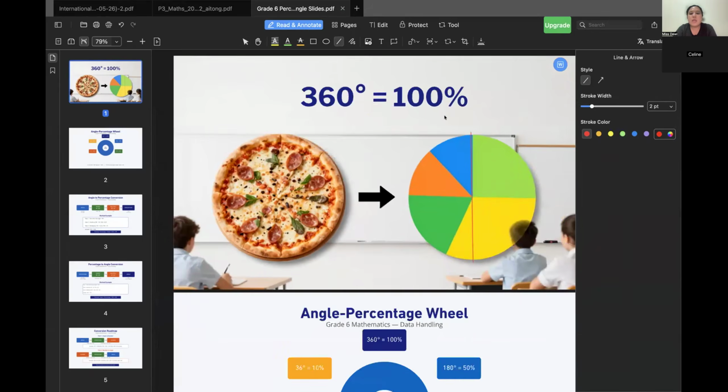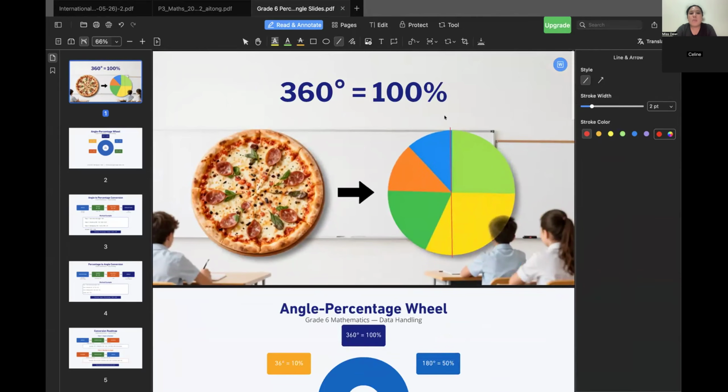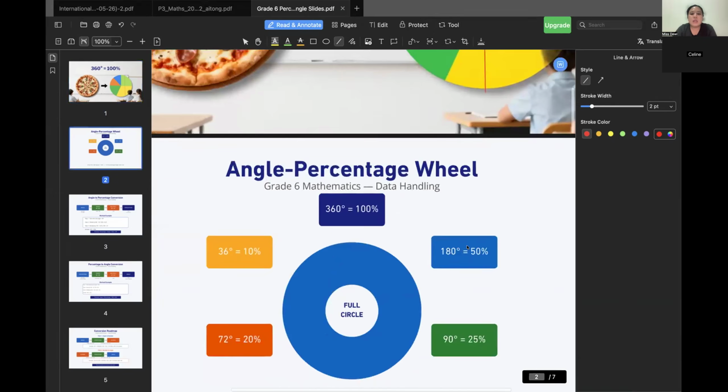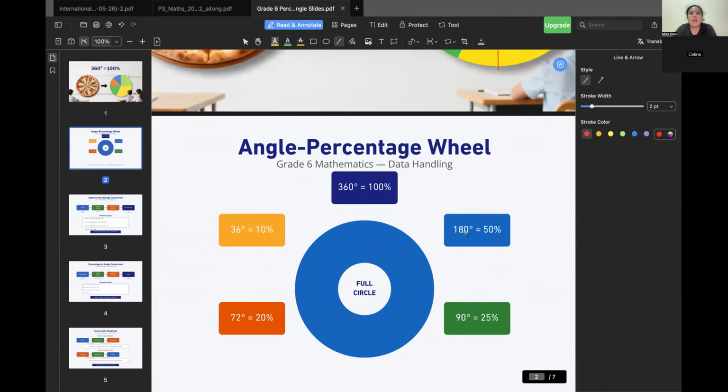So let's see, if you see a whole circle, it automatically makes 100%, so you don't use any parts of the circle. Next, like Miss Dewi said, 180 degrees makes 50%. So this is the part of 180 degrees. Let me show you. Yeah, this is 180 degrees, so it's a half part of the circle. That's why it shows as 50%